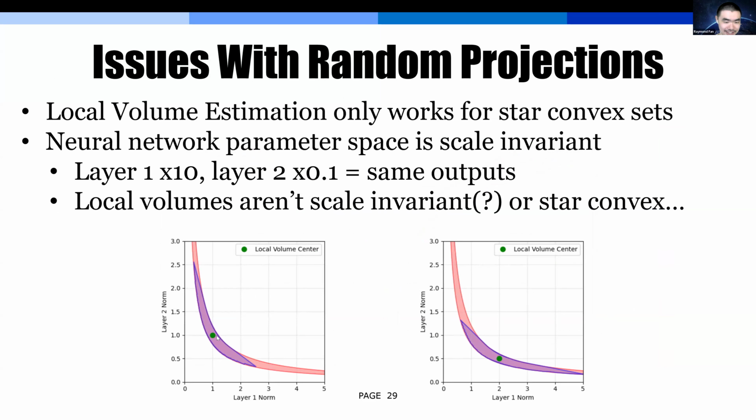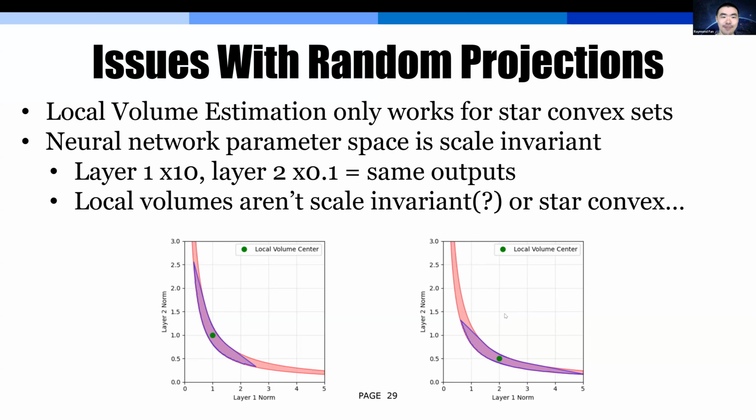So one way you can visualize this is if, let's say, we have some sort of loss landscape over here, and this red region is a region where the loss is fairly low. If we find some sort of minima, indicated by this green dot, and we use local volume estimation, we'll get the volume of this blue region over here, which is absolutely not the volume of this red region, which is much larger. It can only see a certain small region when we do a local volume estimation.